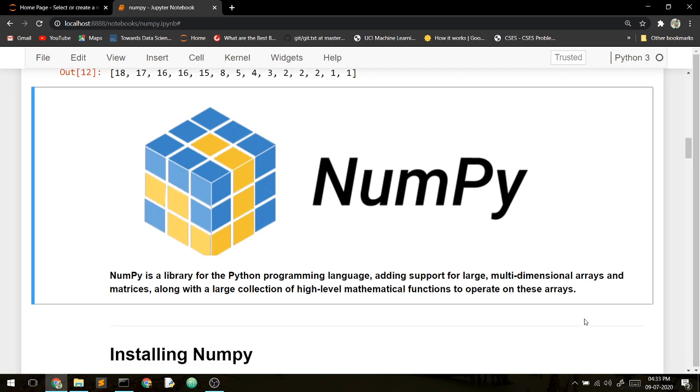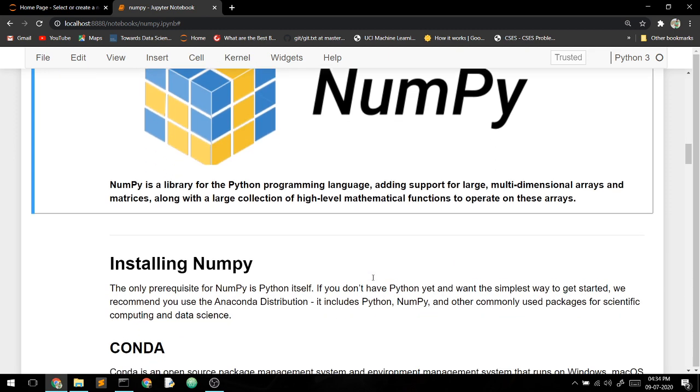In simple terms, it is a library for the Python programming language that gives basic functionalities for multi-dimensional arrays and matrices. For basics, we use NumPy for these types of things.